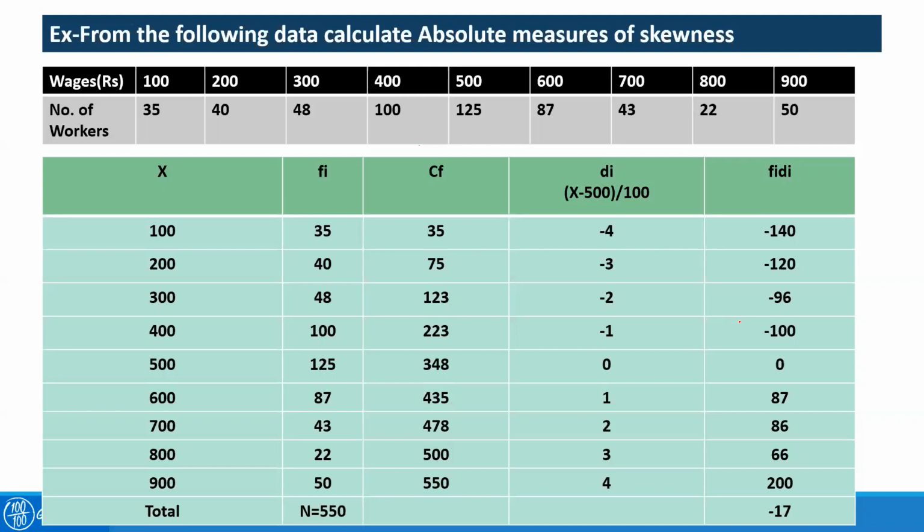To calculate the central tendency, first, the X values are given. It is an ungrouped frequency distribution. X values and frequencies are given; the number of workers is nothing but the frequency. As the first step, we have to calculate the mean and mode. To calculate the mean, we know mean is equal to summation of fi xi divided by summation of fi. Here we have used the shortcut method for calculating mean.